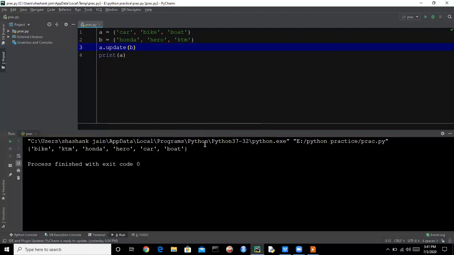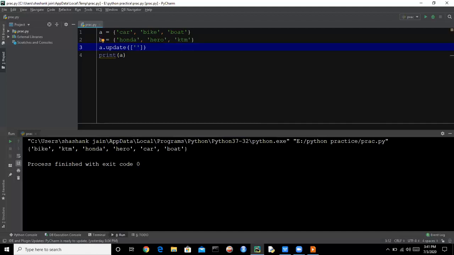So the set A is updated and the values in A is bike, KTM, Honda, Hero, car, boat. So this is how we can update a set. We can also pass a list in this.